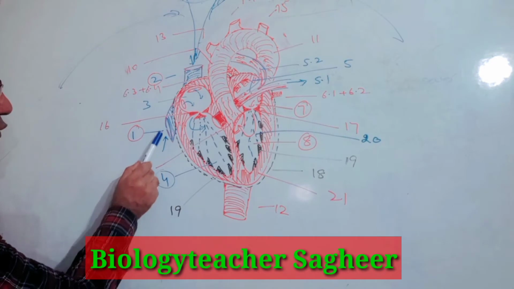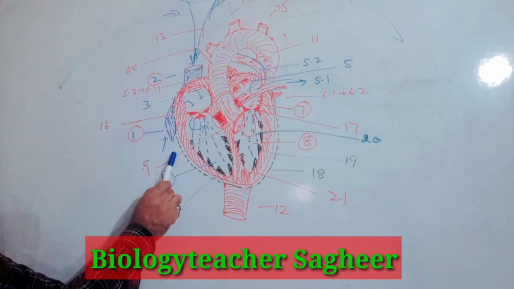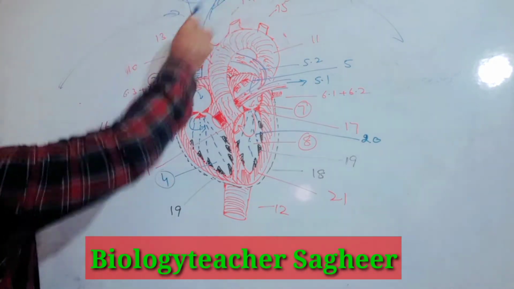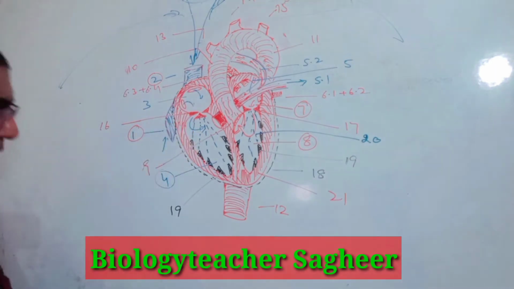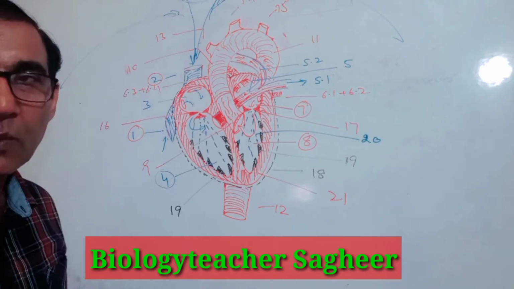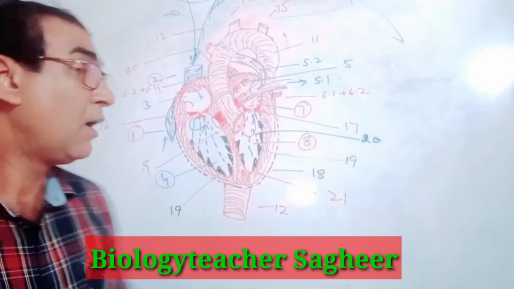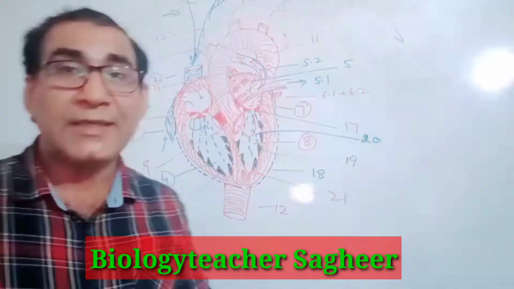This is the first blood vessel I have drawn here. Inferior vena cava, this is superior vena cava. The blood is brought from the anterior side into superior vena cava, and then into the right atrium. From the posterior side of the body, the blood is brought by inferior vena cava into the right atrium. From the right atrium, the blood is pumped into right ventricle,